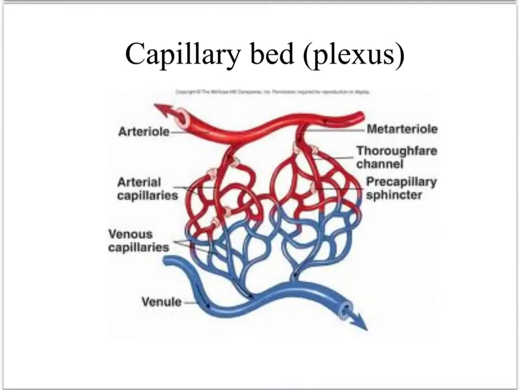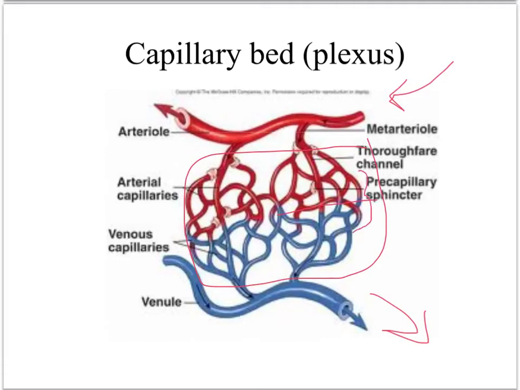This is a depiction of a capillary bed, and sometimes you'll see the phrase plexus or network of capillaries. All they're talking about is that you have the arterial side and then the venous side. Between those two sides you have this connection of capillaries, and the division in real life is not so distinctly demarcated. If I had my way, I would probably make this entire area various shades of purple to show that this is a gradual switchover between fluid being carried